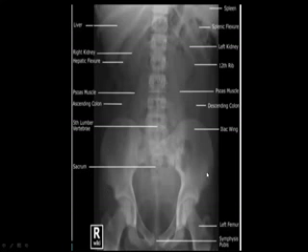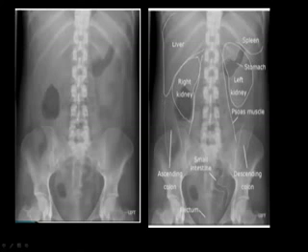Then on either side, iliac bone, the midline sacrum, down below the pubic symphysis, and hip joints on either side, femur head, SI joints on either side. These are all bony structures which we see on X-ray after the outline of the structures, how they are seen.